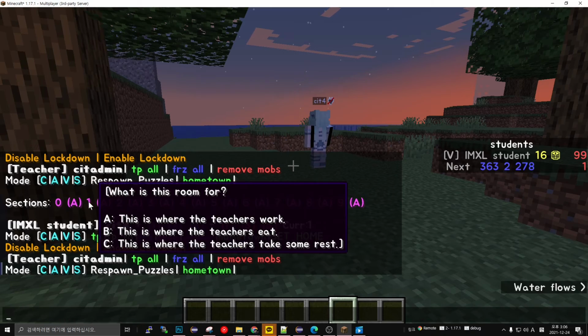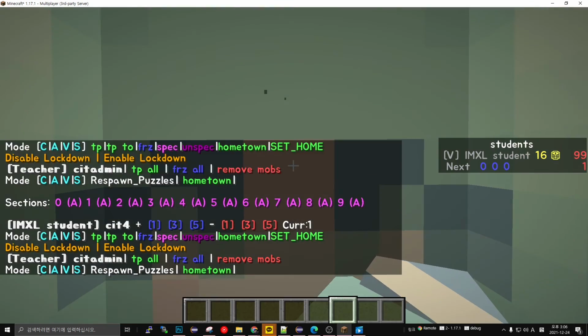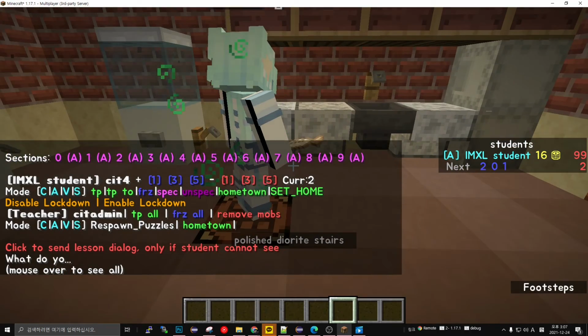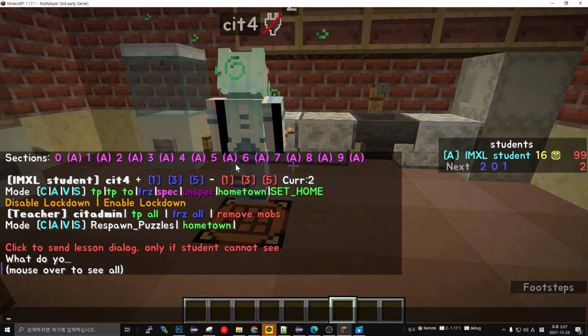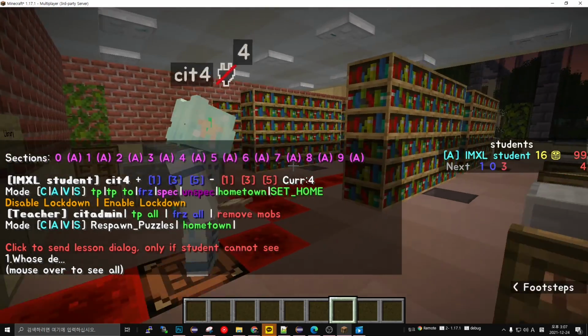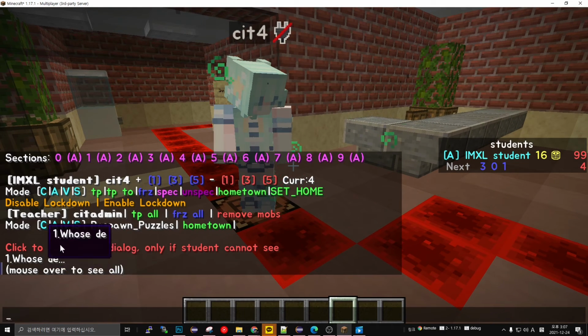So let's just test the teleporting functionality. As you can see, pressing the number will teleport only you to the section, and pressing the A next to each number teleports everyone to that section. And please note that each section contains some code that freezes the student using the slowness effect potion. So whenever you teleport a student to a section, the student will be automatically frozen,